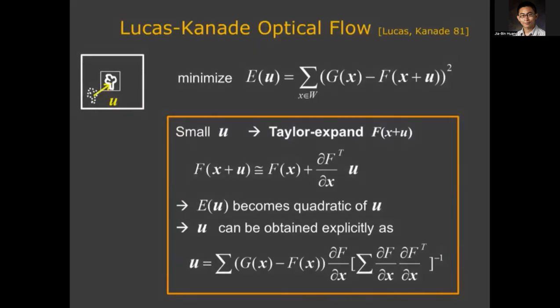Small displacement u. And now you see u, which is unknown, comes out of that function f. And if you substitute f(x + u) into the original one, then E(u) now becomes a quadratic function of u. Now we know the minimum of a quadratic function is computable. Even a high school student can do it. Now, of course, we're talking about 2 dimensions, so it's a little more complicated, but you can get an explicit solution. This should work, Bruce said. We should write a paper,